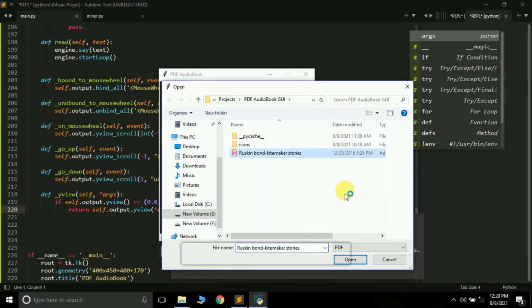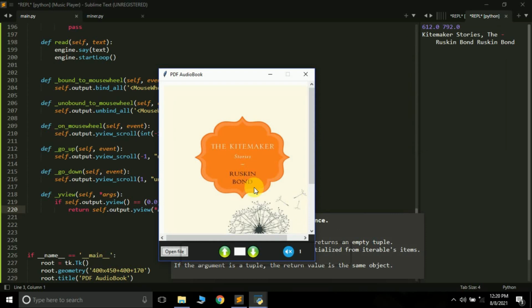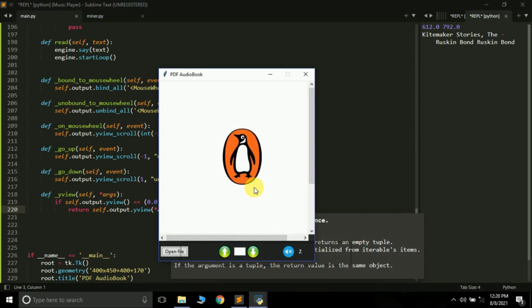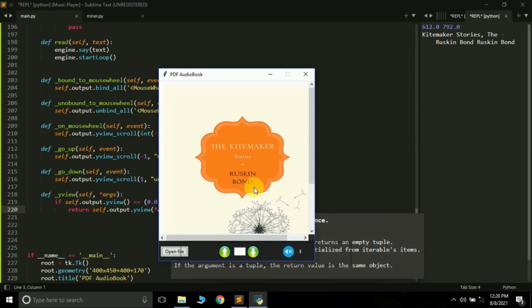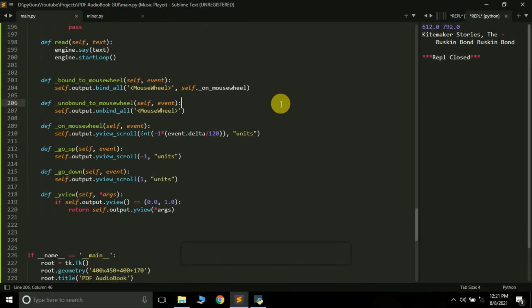Or maybe I am still missing something. Yes, I am still missing something. Left and right buttons are working, but up and down are not working. But our GUI is not hanging ultimately.